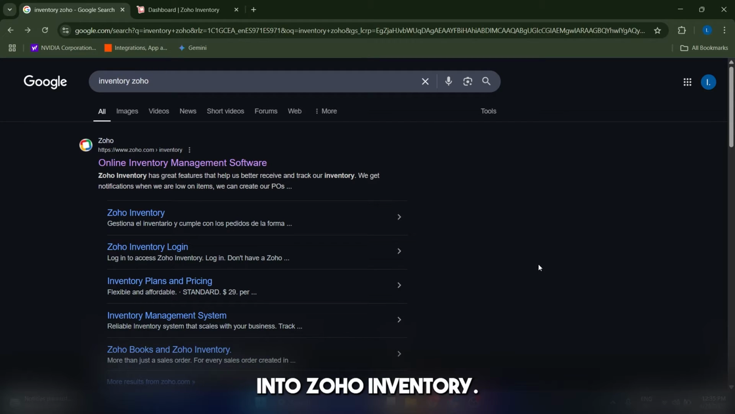Today we are diving into Zoho Inventory, your all-in-one solution for stock tracking, order fulfillment, and multi-channel sales management. In this 5-minute tutorial, I will show you how to set up inventory, manage items and orders, and integrate with other platforms. Now, the first thing you need to do, of course, is sign up with an account